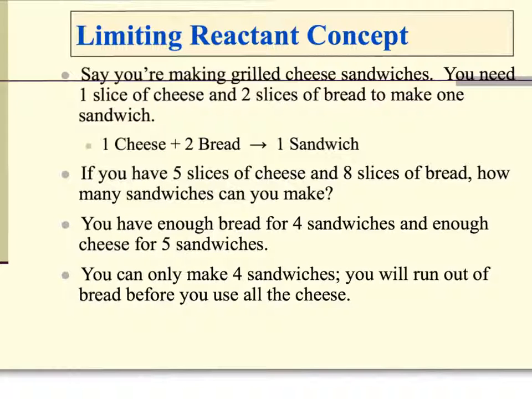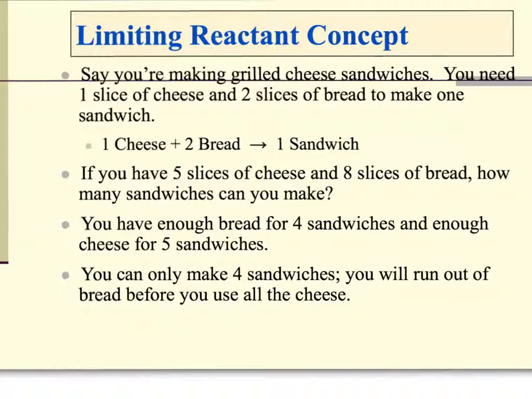To make the grilled cheese sandwich, one needs 1 slice of cheese and 2 pieces of bread to make one sandwich. You look and you have the following supplies. You have 5 slices of cheese and 8 slices of bread. How many sandwiches can you make? Well, if we look at this, we could make 4 complete sandwiches and we would have 1 slice of cheese